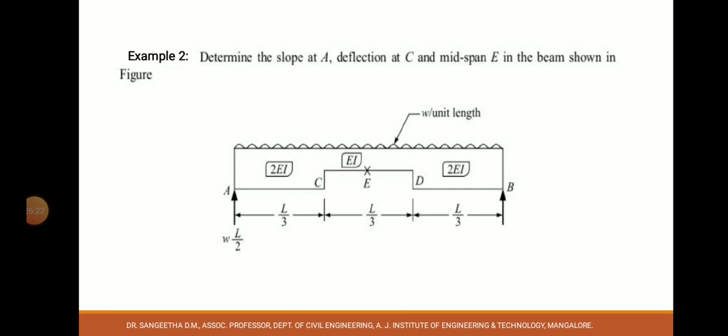Next, we had found the slope and deflection in a simply supported beam with unequal cross sections. When the cross sections are not equal, how to evaluate the slope and deflection? In that case, first you have to find the bending moment equation. Once you know that, everything is divided by EI, corresponding to that particular span you substitute with the EI value and you keep solving in the same method.